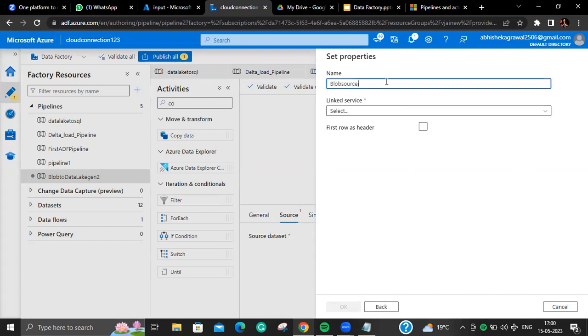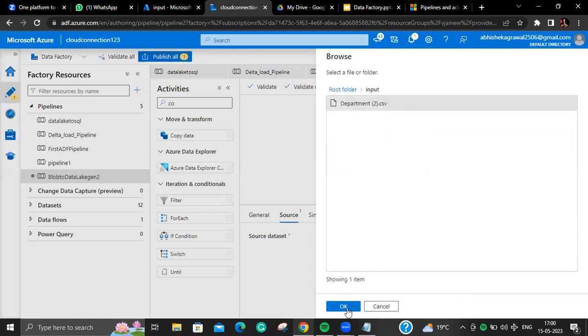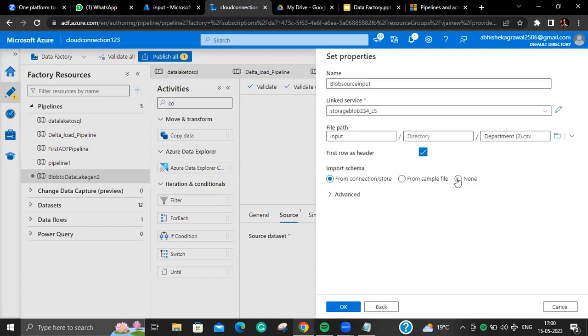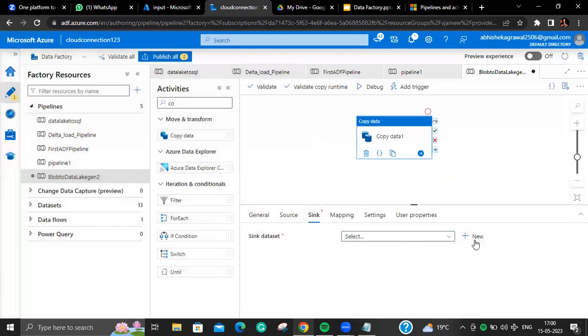Blob source, suppose input container. Okay, and then I will select my link service, which I have already made. And then I will select this input container, department.csv. First row as a header, import schema as none. Then go to sink, click new,